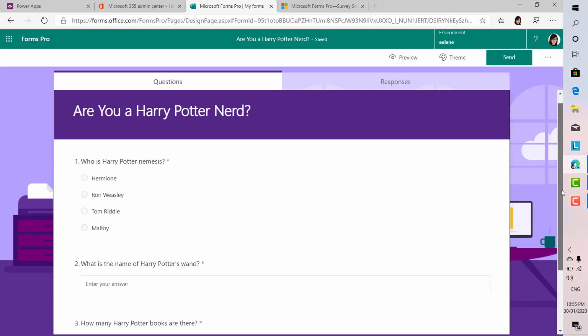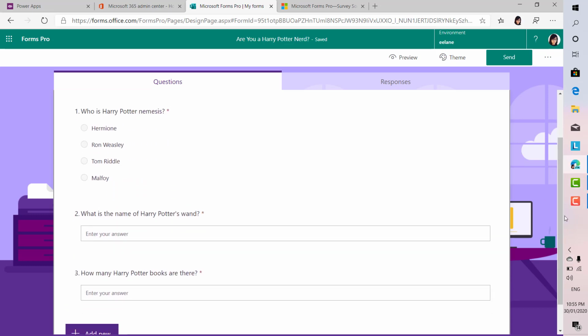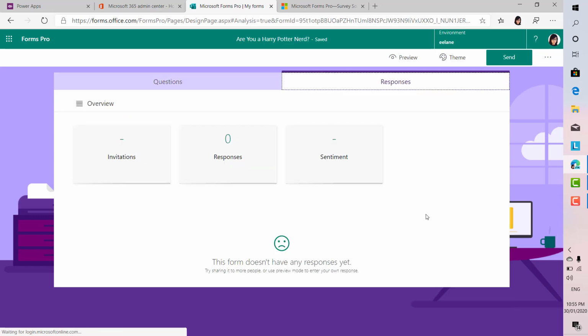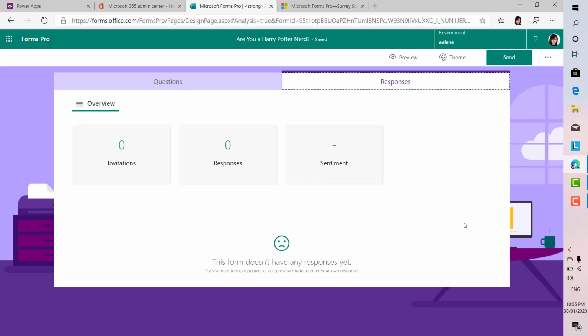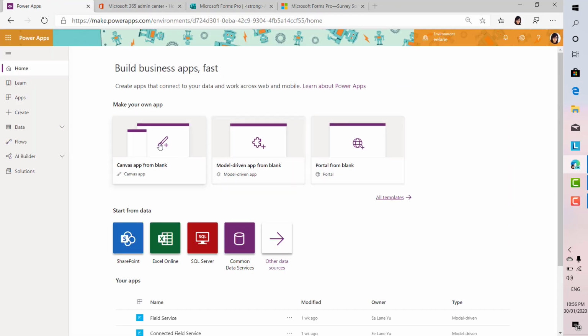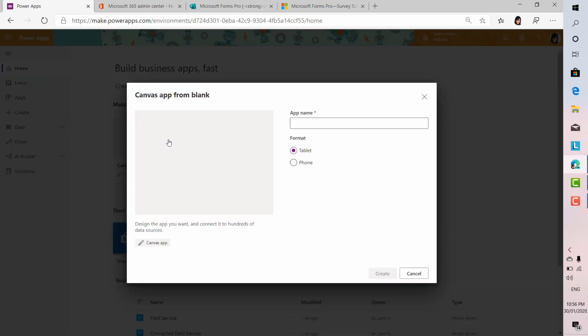So what I've done here is I've created 3 different questions, and as you can see, with every question there'll be associated responses. There's no response yet. No one has actually attempted to submit any response. So what I'm going to do now is create a Canvas app. I'm going to surface this survey or quiz on the Canvas app and attempt to submit the response, and you'll see the response submitted reflected here on Forms Pro. So let's go to my Power Apps Canvas app,